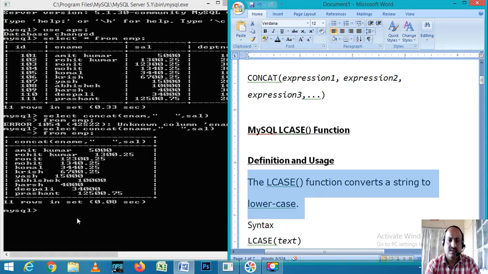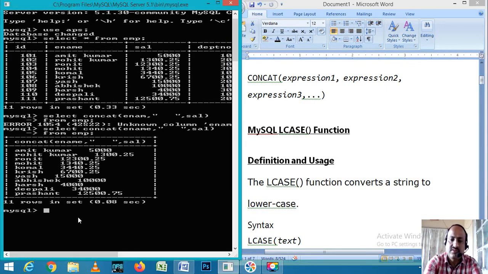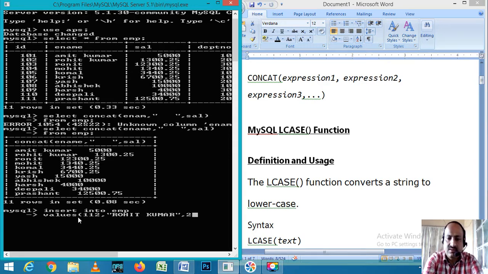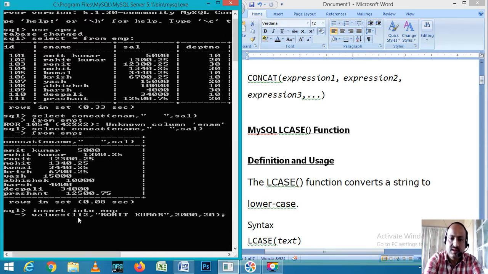Suppose I am going to insert one value: insert into emp values, your first value id 112, comma, Rohit Kumar, and salary is 2000, comma, department 20.